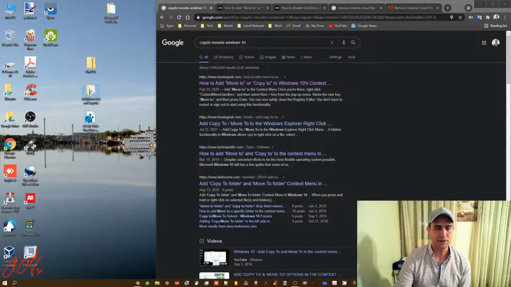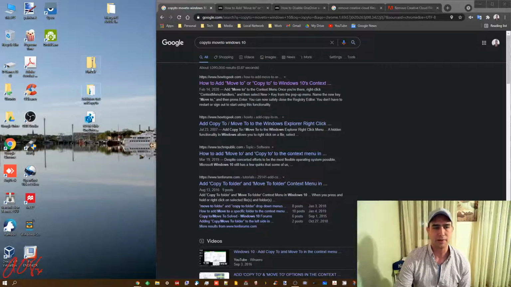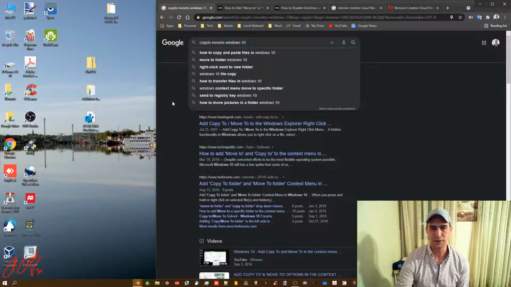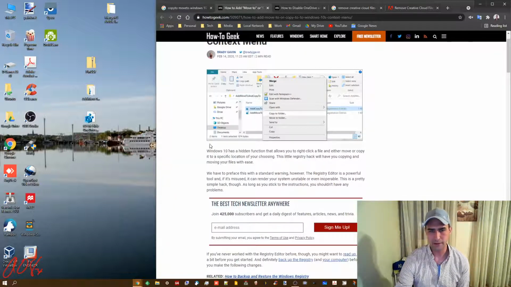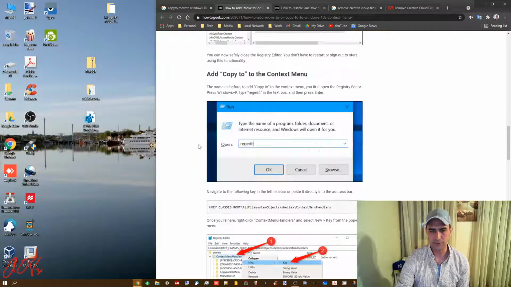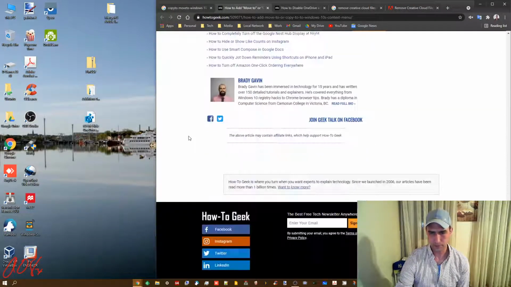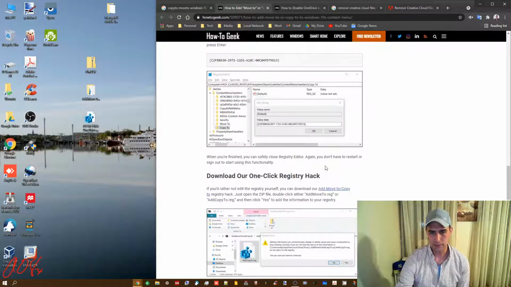Now again, these ones are already done on my computer, but I'll do them again because it doesn't hurt anything. But the Adobe one has not been done on my computer, so we'll see if that works. So at any rate, to find these files, first off, type CopyTo MoveTo Windows 10 in Google. The first one you find is a How-To Geek article, and if you scroll down a little bit, it gives you the instructions on how to do it, or you can just go down towards the bottom and